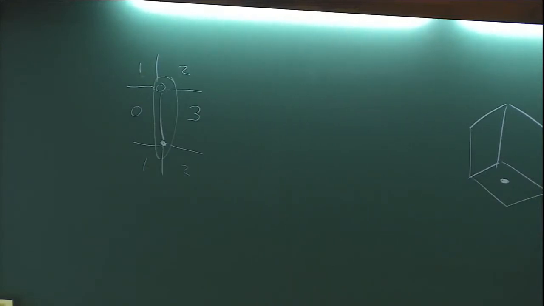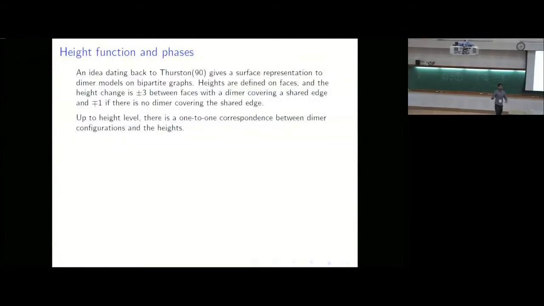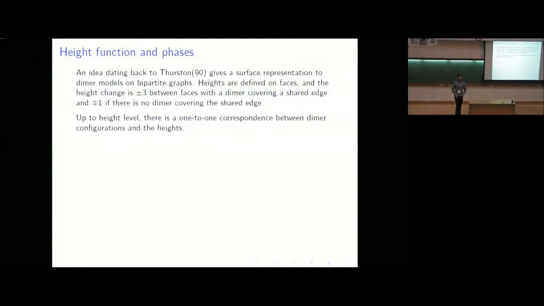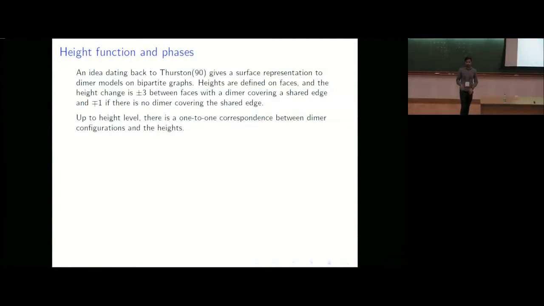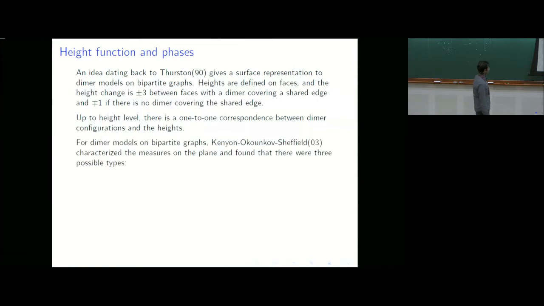And one of the nice things about this height function is that there is a one-to-one correspondence between dimer configurations and height levels. So if I give you a dimer configuration, you can construct the height function. And if you give me a height function, I can construct the dimer configuration. Okay, so for dimer models on bipartite graphs, Kenyon, Okounkov and Sheffield characterized the different types of measures